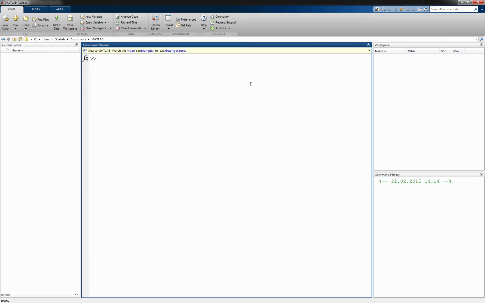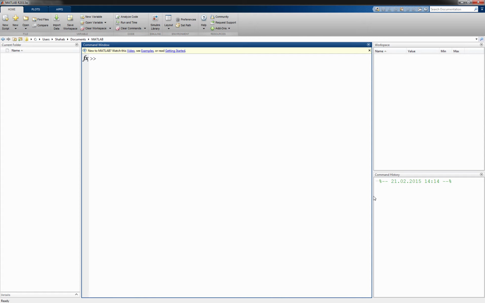Now assume that you have written several comments today, and then you close your program and next day you open it and you write some other things, but you have forgotten what was the comment that you actually used the day before or on a very specific date. You can always refer to this small window that we have here, and it's called comment history.